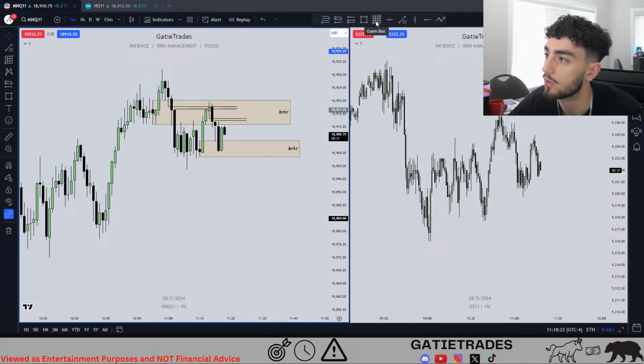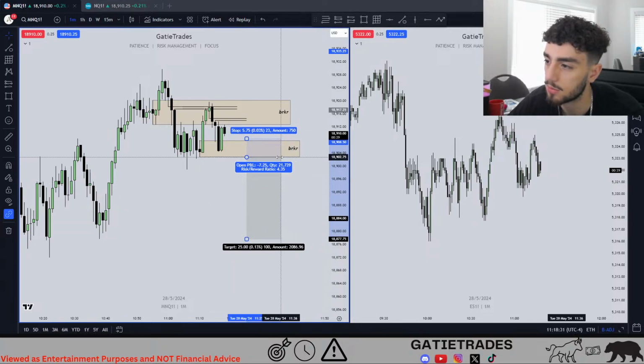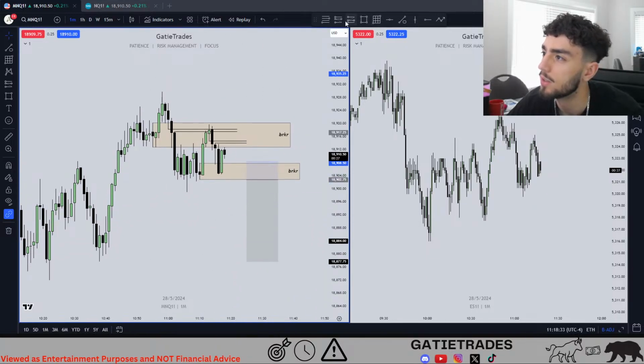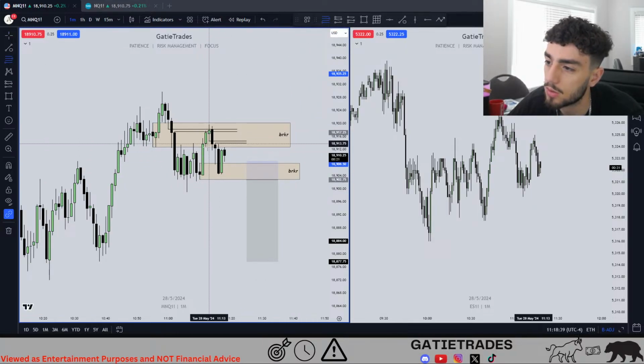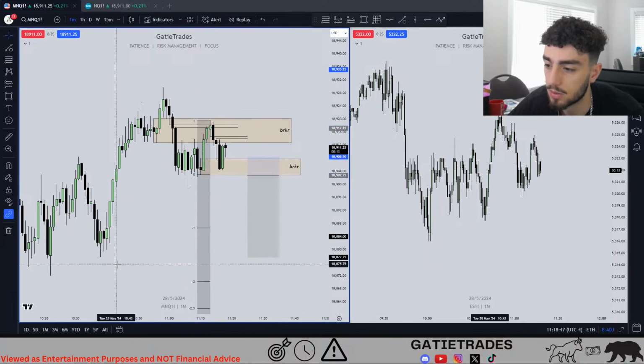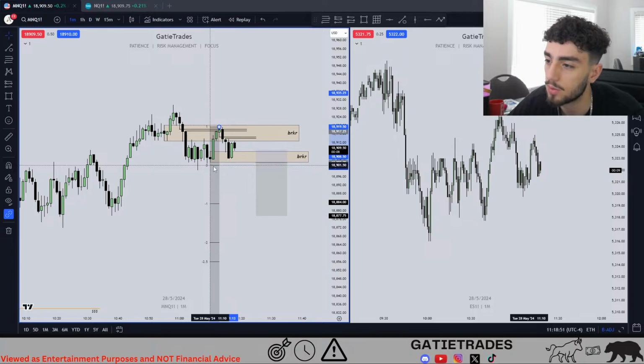If I missed the first entry, I would look to take the second. But that's just me. I would do something like this. Yeah, like I guess this makes sense right here. And then your standard deviations would be high, low, high, lower, low. It would be like this. No, it wouldn't be that. Would it be that? That's kind of deep, bro. Yeah, you could target this. I mean, that's what it would be.